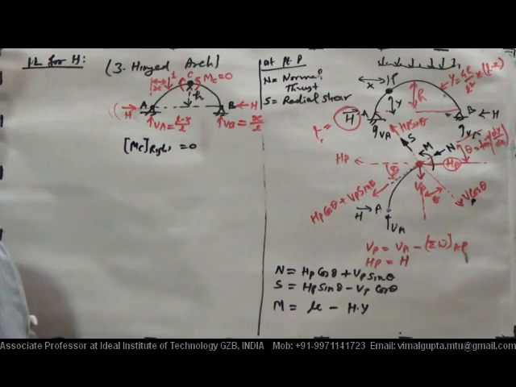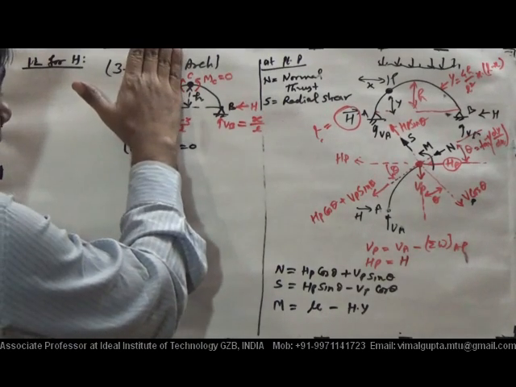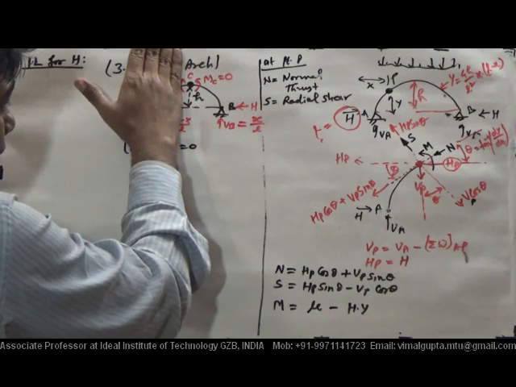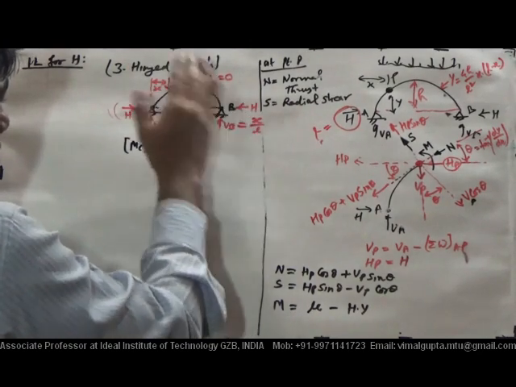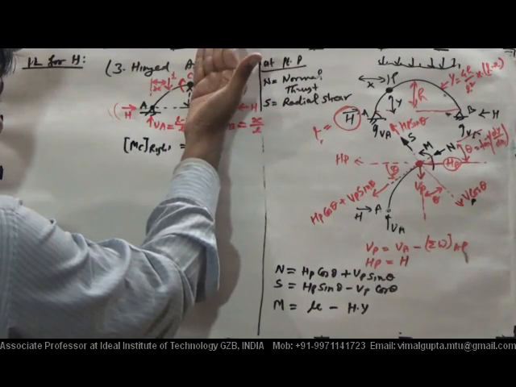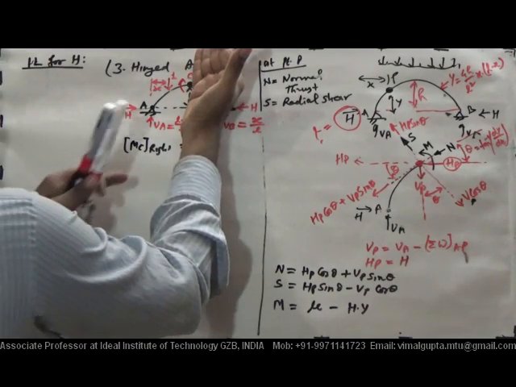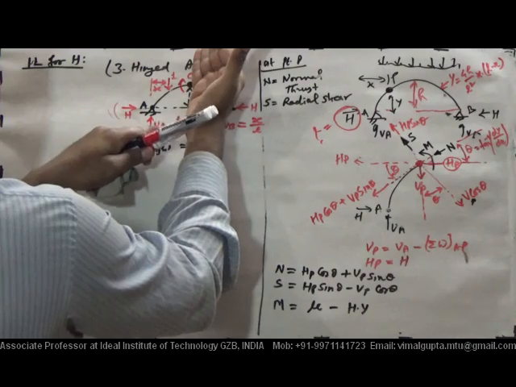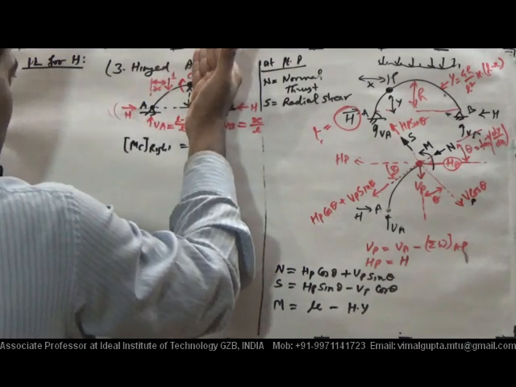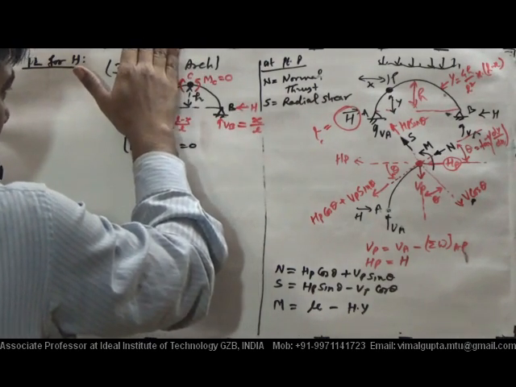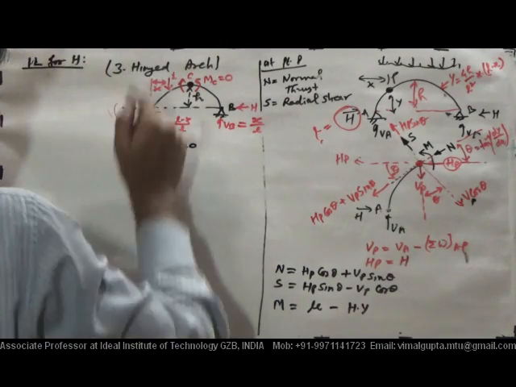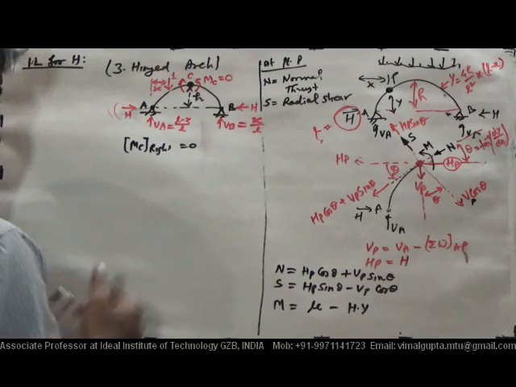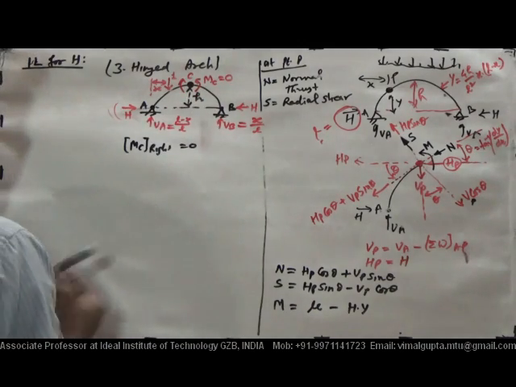Why I am taking the right part? Because in this right part we have to consider only how much forces? Only 2 forces. If I take this left part, I have to consider VA, H, and 1 unit load. So simply for simplicity I am taking this right part. So by equating the moment at this point C, we will have